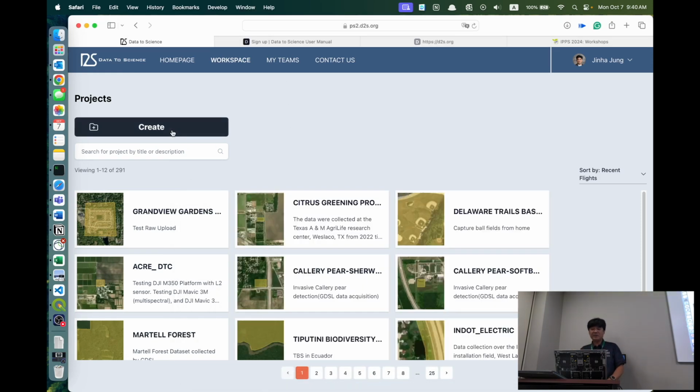So let's say I'm going to create a new project. Right now, everybody who has an account and added to the team, you're going to see 2 cards here, workshop for the farmer's field and another one for the citrus orchard. And we're going to create a new project using the sample data set we created. So in order for you to do that,